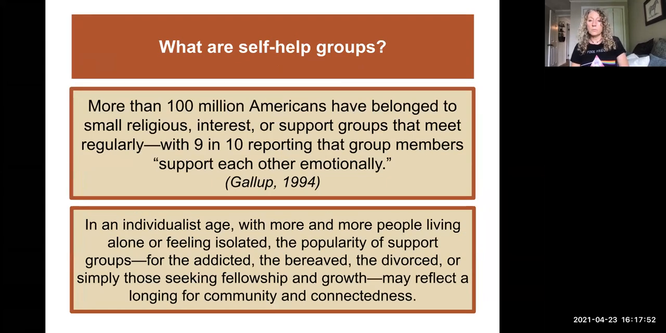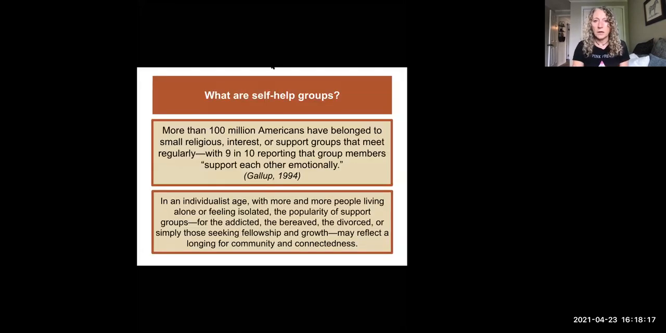And now, one of the last things I'm going to talk about is self-help groups. And this one, I am a huge supporter of self-help groups. 100 million Americans have belonged to small religious interests or support groups that meet regularly, with 9 out of 10 reporting that the group members support each other emotionally. So what does that mean? There are all different types of support groups. I think some of the most common ones we've heard about are things like